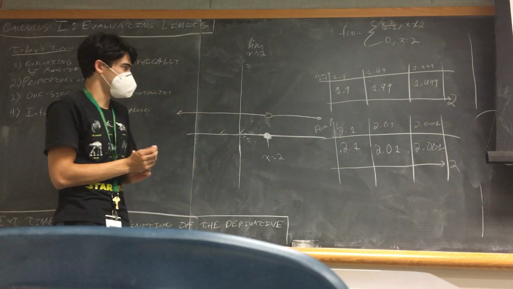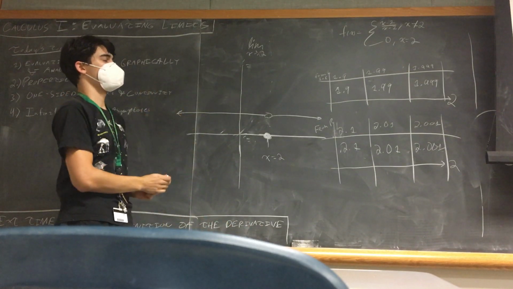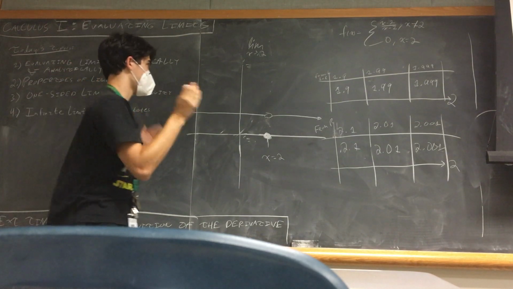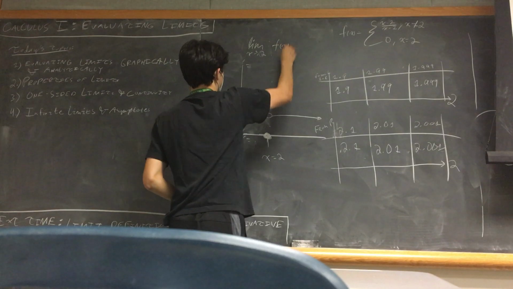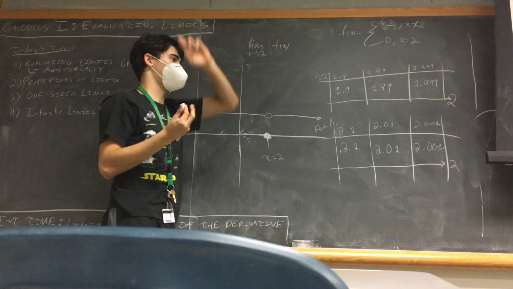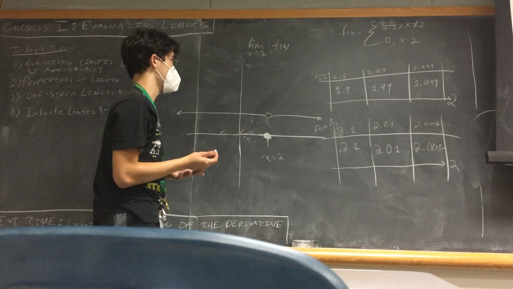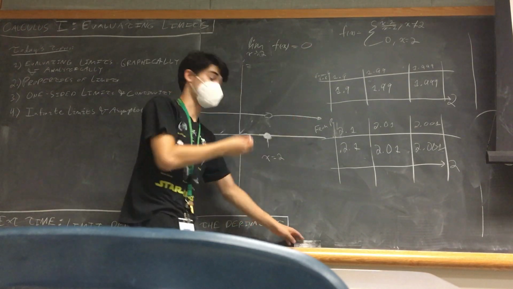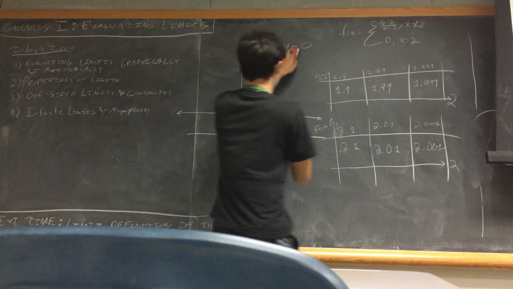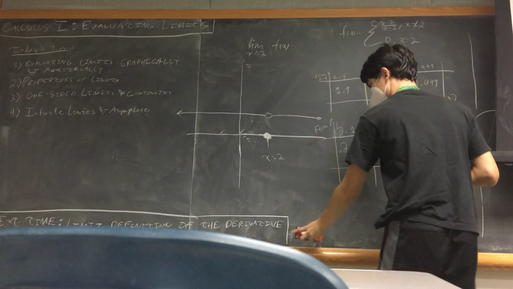So if you were to look at this and say, all right, we want the limit as x approaches 2 of f of x, and just say, well, what is f of x? Because that's what the limit is. You'd end up with this equals 0, and that's not correct. You can't just do that. And the reason is, if you look at this graph,